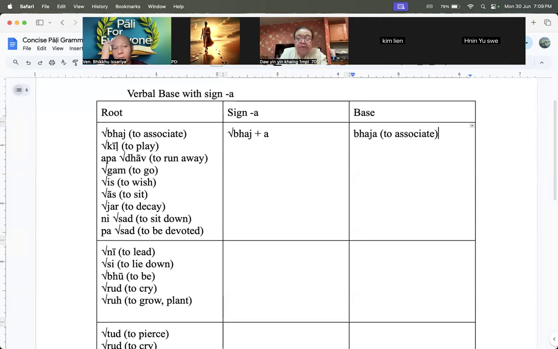So in this way, we can form the present. In this first part, nothing changed. In the second group also you see, root kil, so kil means to play or to amuse oneself. When he plays, he finds amusement for himself. That one also, nothing changed. So kil, as a base form,